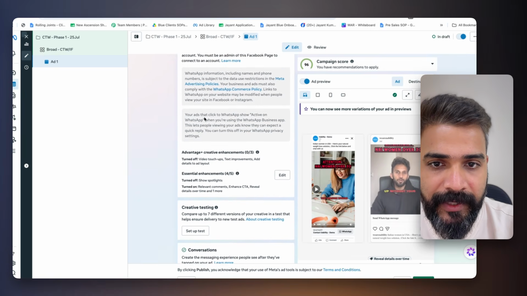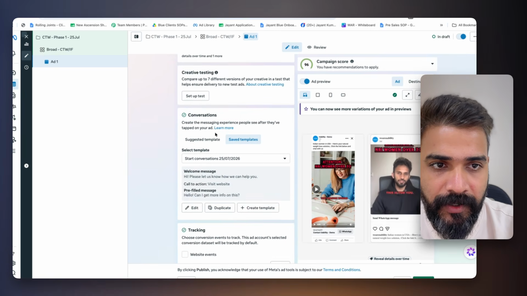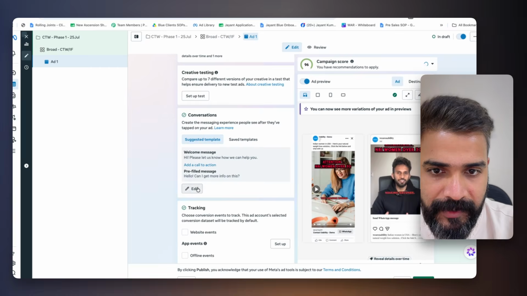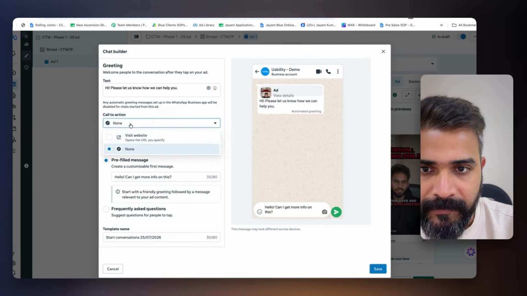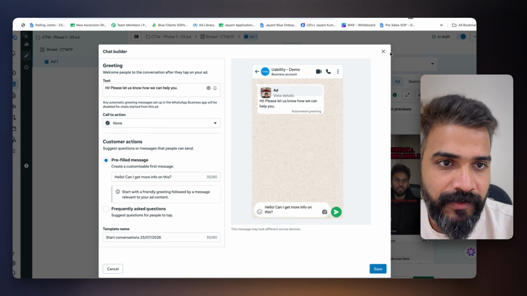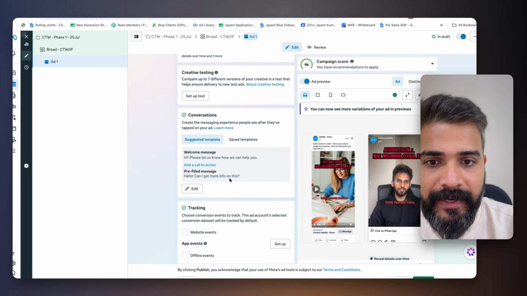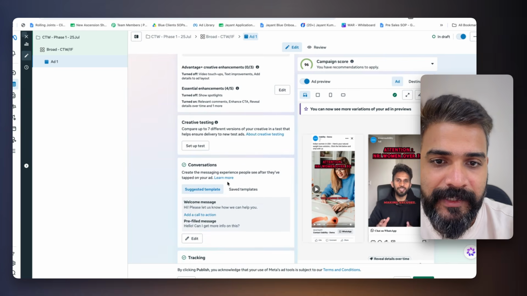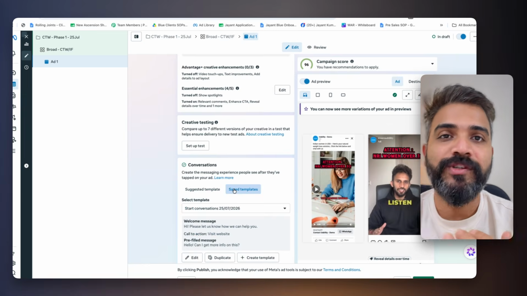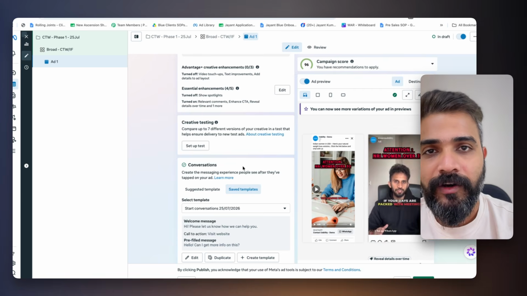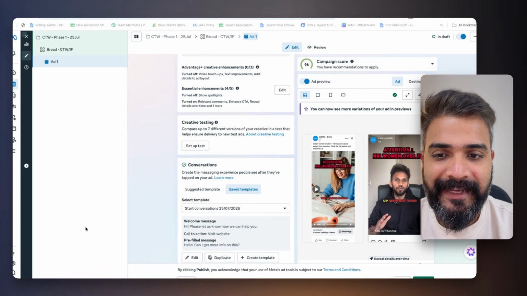There is one more thing that you can do. I'm not sure if this is showing up in some clients' cases. You can actually do a form. For some reason it's not showing up on the form. Anyways, the one that we suggested is fine. Once they say, hey, can you please let me know more about this, you start having a conversation, and the conversation looks something like this.